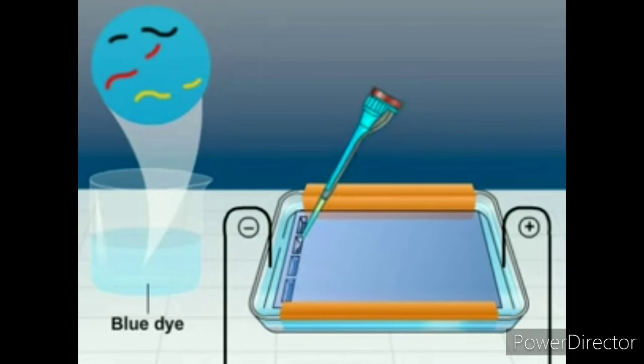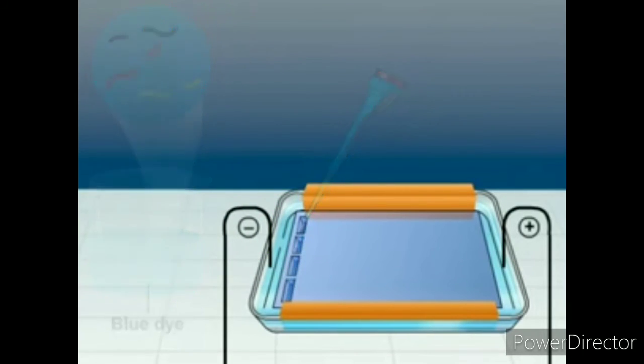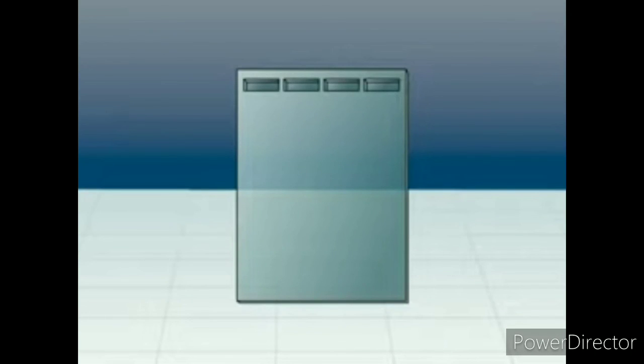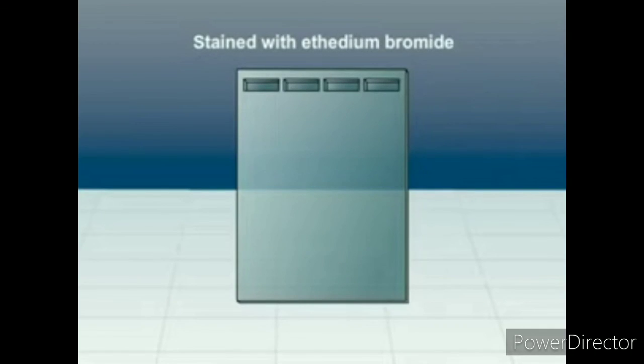A blue dye is then added to the DNA fragments. After that, DNA samples are added into the wells of the agarose gel. DNA, being negatively charged due to the presence of phosphate groups, moves towards the positive terminal of the electrophoresis chamber. These DNA molecules move in a reptile-like manner through the pores of the agarose gel matrix. Smaller fragments move faster than the larger fragments, and this is how they get separated.